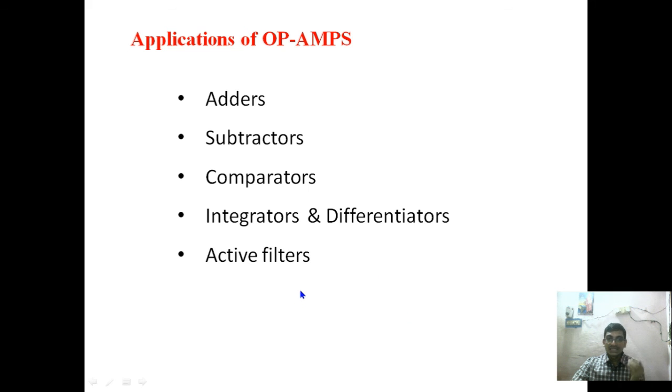The filters which use only passive components are called passive filters. But the filters using passive components along with one active component are called active filters. Here the active component is the operational amplifier. The filters having passive components like resistance and capacitance or inductor along with one operational amplifier are called active filters. These active filters are more useful because if you use only passive components, there may be a reduction in the output voltage. By using this operational amplifier, we can increase the output voltage level.